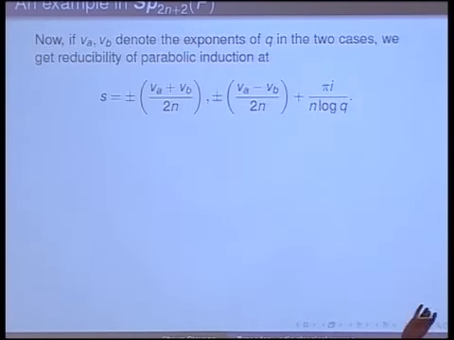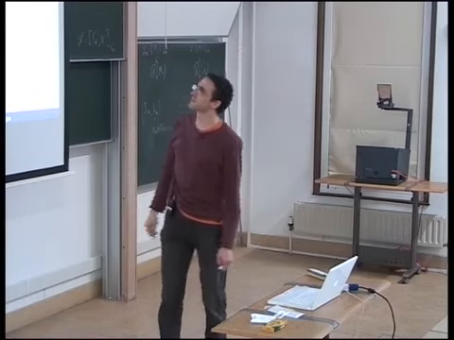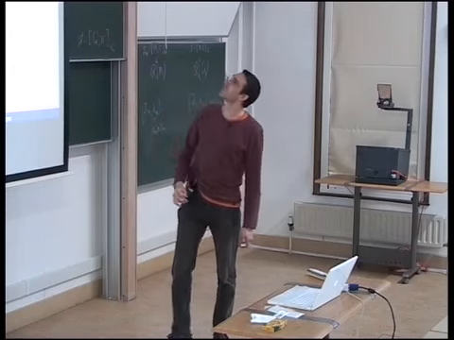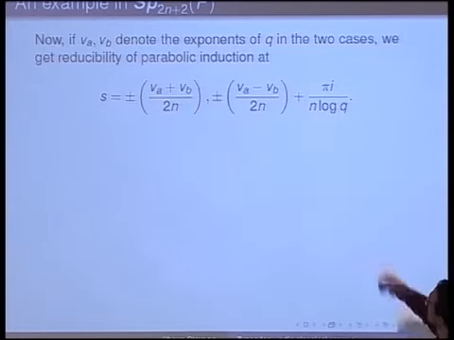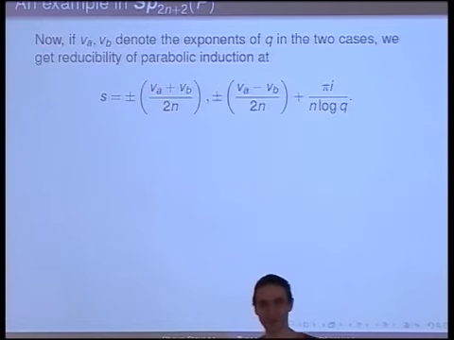So what does this tell us? We've found these parameters. How does that help us? Well, it turns out you can just write down a formula. I should say, this is actually a collaborator of mine, Corinne Blondel, who wrote down this formula. I don't know that anybody else has written it. Anyway, if you write VA and VB for the exponents of q, then this formula gives you the reducibility points of the parabolic induction, in this case. And so now, having said at the beginning I wouldn't say anything about the Langlands correspondence, this is the only bit I'm going to say.